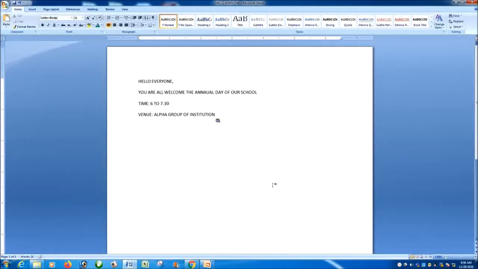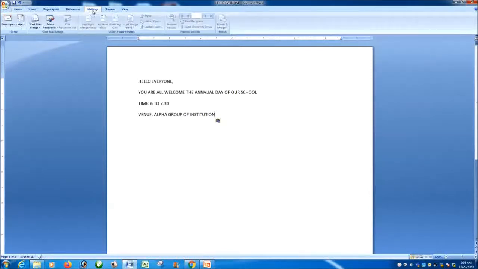This is the main document I have created in MS Word with the message for the mail. The first step is we have to go to the mailings tab. Here this is the mailings tab. We have to click on the mailings tab. This is the Start Mail Merge group.